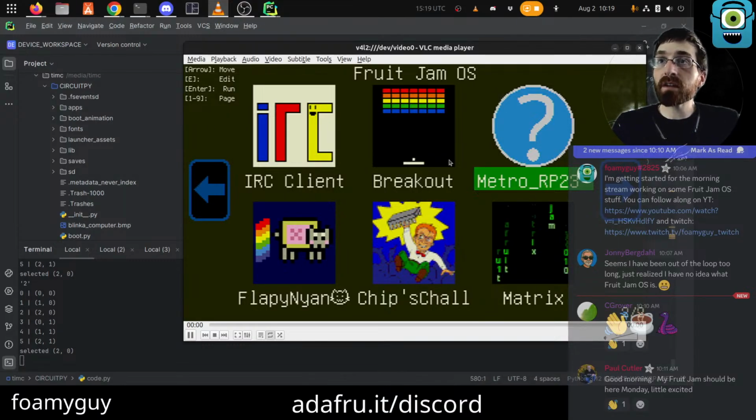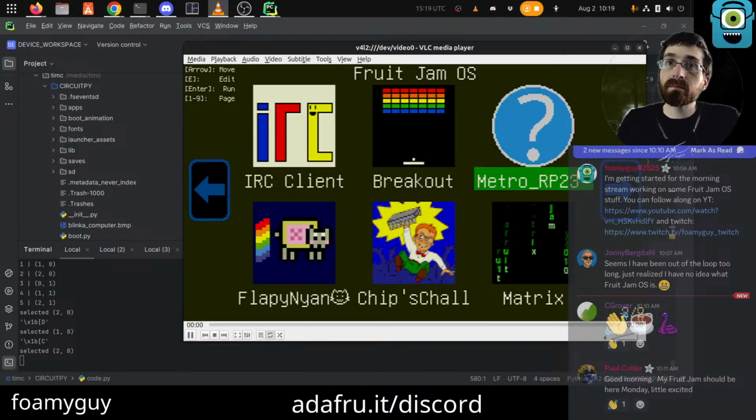But in any case, I was using the keyboard to navigate. It should also work with a mouse if you have a mouse plugged in, so it pops up a little mouse. You can go around and click on the icons instead of keyboarding them. And then there are all the different projects we've done in Learn that are built in here.